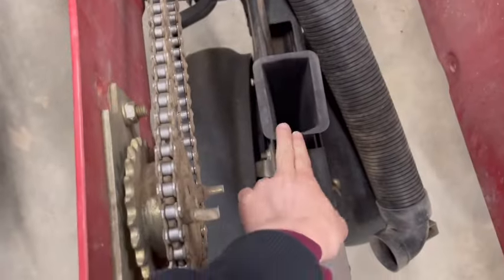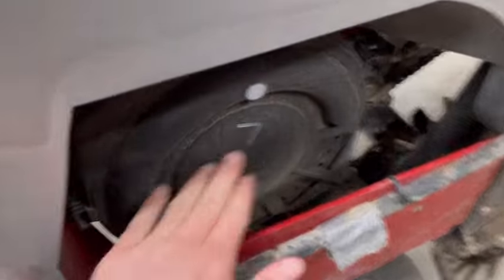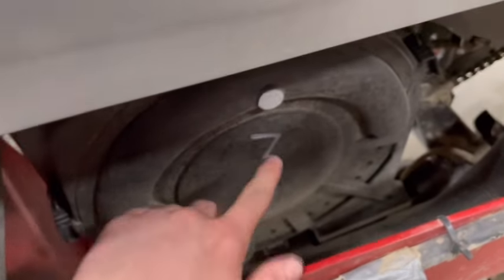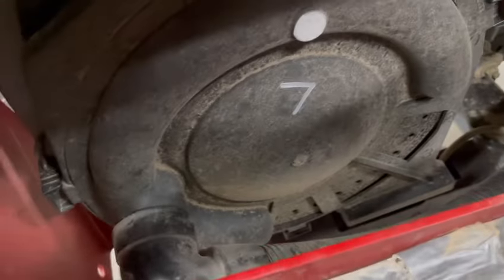So this is where the seed is going to drop through. Like this one is set on there. Number 7, as you can see, we label this and the seed disc inside. This is just the cover, of course. You can see the holes there, of course. But yeah, so